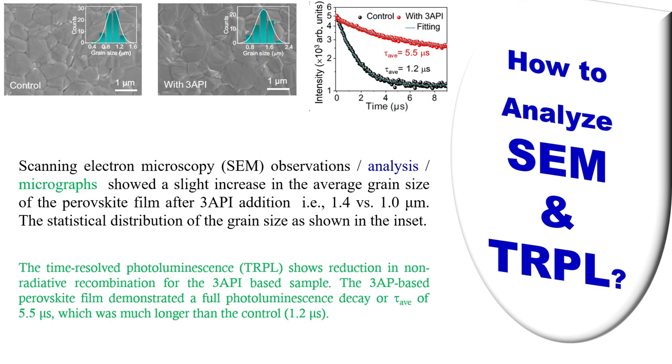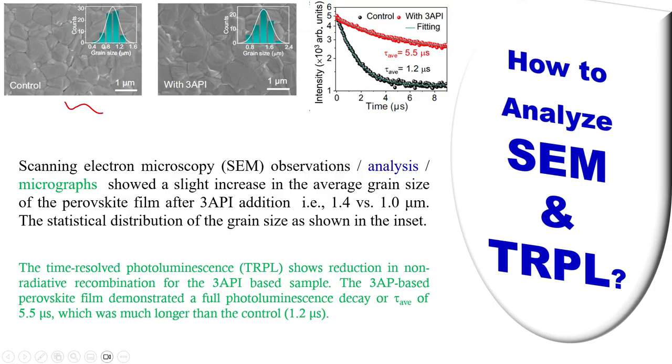How to analyze scanning electron microscopy images and time-resolved photoluminescence spectra. These two results must reflect each other. They must follow each other. They must support each other. So let's get started. First of all, when you want to take SEM images, if you are taking them by yourself